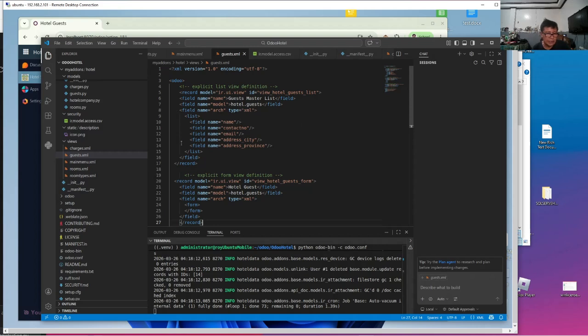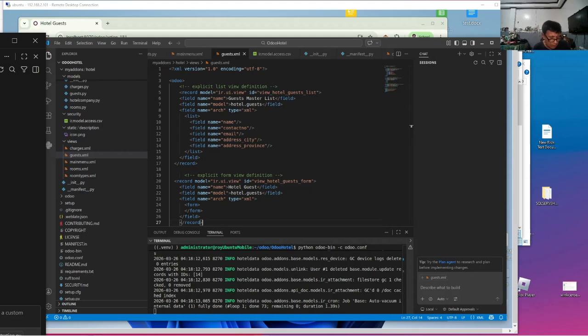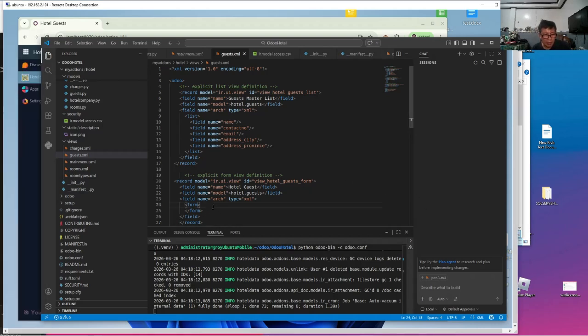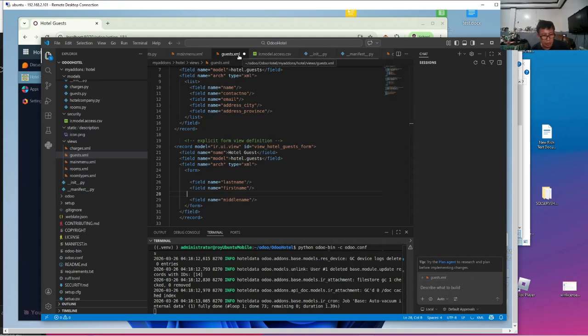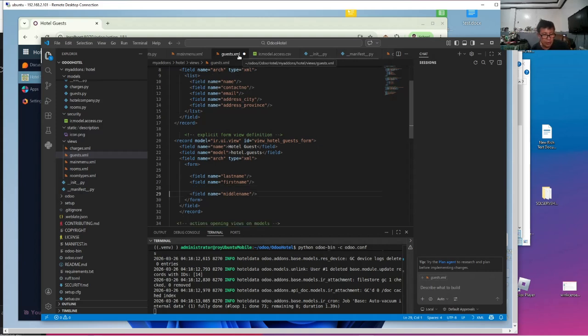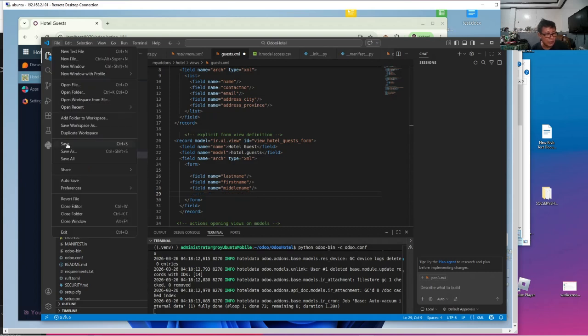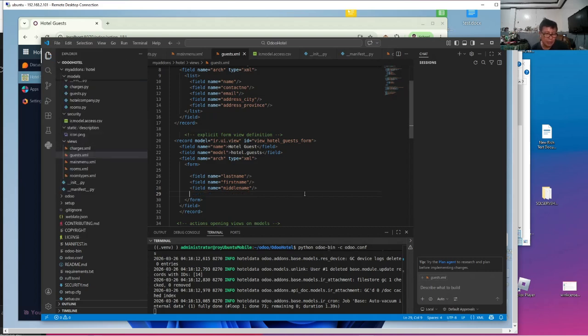That's correct. We have the same type, but this time we are using a form. Now let's include the names. The last name first. Let's not include any grouping yet. We'll just do the tab to include the names. What I'd like to show you is how the computed field name works. Remember that in our form view we cannot ask for the full name, but we will ask the name in 3 different components.